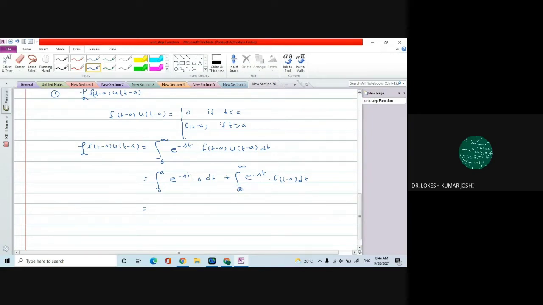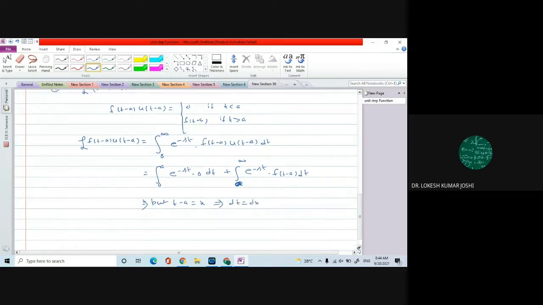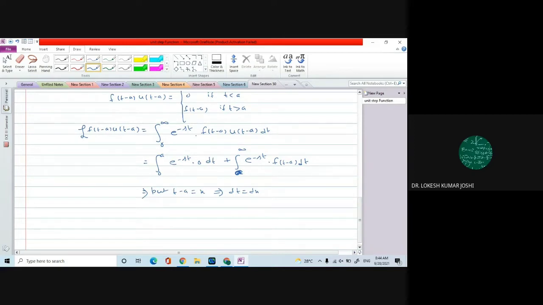Now, we try to convert this function in terms of Laplace. If we see the lower limit, here the lower limit is a. Our objective is to convert this limit to make it from 0 to infinity. Therefore, we use a substitution, and we put t minus a equals x. It implies dt will become dx. And is there any change in limit? Yes, definitely there will be a change in limit. At t equals a, the lower limit, x will be 0, and at t equals infinity, x will be infinity.